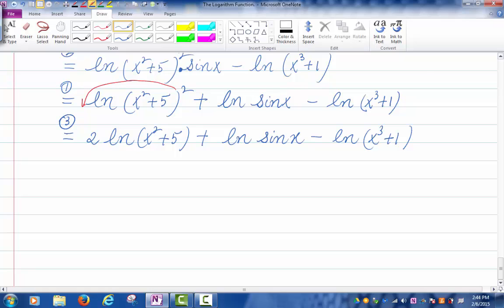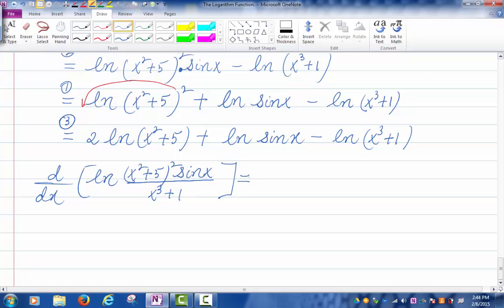Alright, so now I could go ahead and take the derivative easily. Now, you might say, well, you simplified, but you have more terms. Well, yes, I have more terms, but those terms are much simpler than the expression that I had to begin with. So if I take the derivative now of ln of x squared plus 5 squared, sine x over x cubed plus 1,